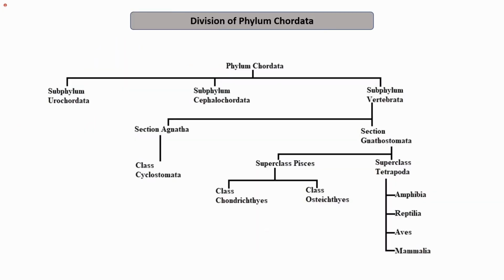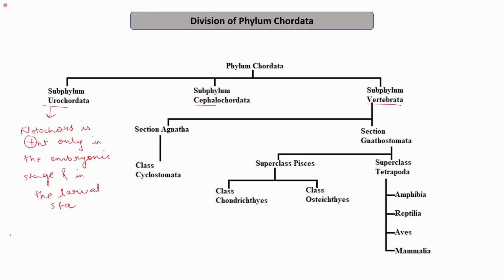So phylum Chordata is broadly classified into three subphyla: subphylum Urochordata, subphylum Cephalochordata, and subphylum Vertebrata. We discussed the Urochordates, which are more closely related to subphylum Vertebrata. In these animals, the notochord is present only in the embryonic stage and in the larval stage. But in adults, the notochord is